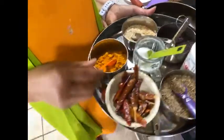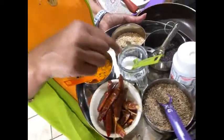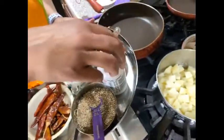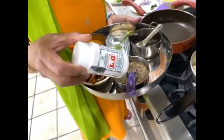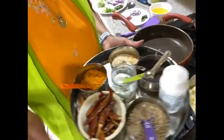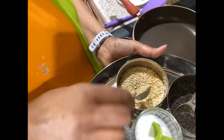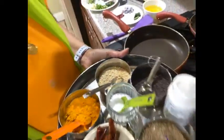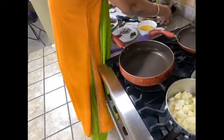Then I'm going to add 1 teaspoon of turmeric and a little bit of salt and 1/4 teaspoon of Asafetida. You don't want too much though. See? So the Urad Dhal is the whole or the split? This is split. So guys, we're using the split. Yeah, split is good. All right, so I'm going to put the oil,